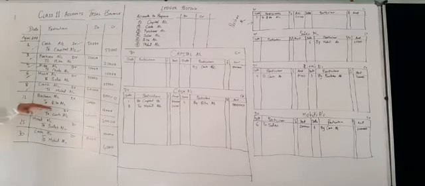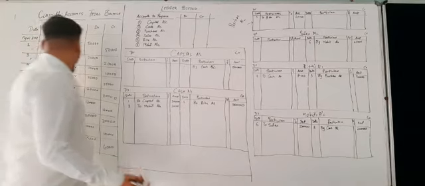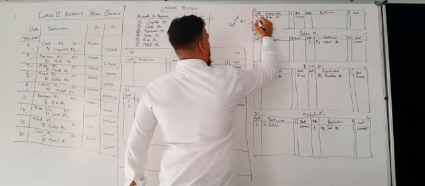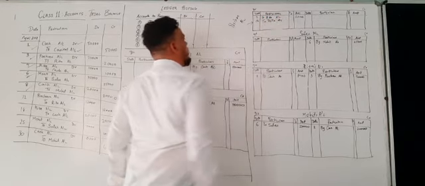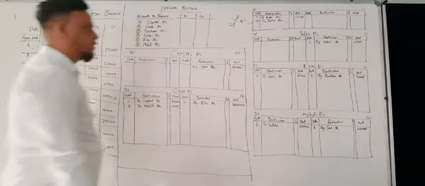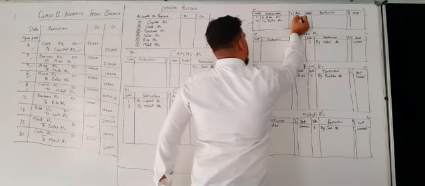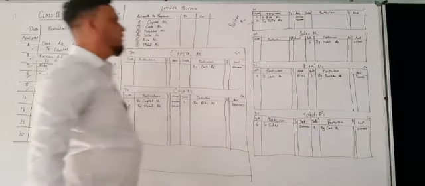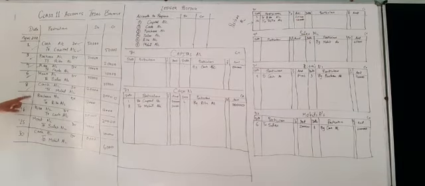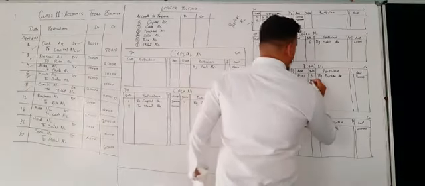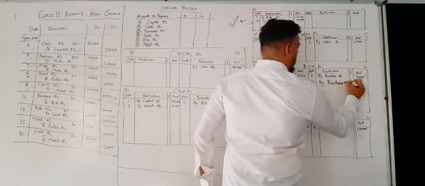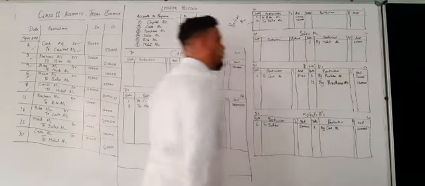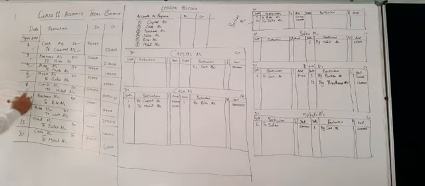Now on the 12th, purchase account debit to Rita. Again we have to make sure that on the 12th Rita has purchased. So I am writing "to Rita account." Here the amount is 12,000, so I am writing 12,000 here also. I hope you are clear with this. Now I have to go to the Rita account and write "by purchase account" on the 12th. It will be 12,000 respectively. Now the 12th is over.